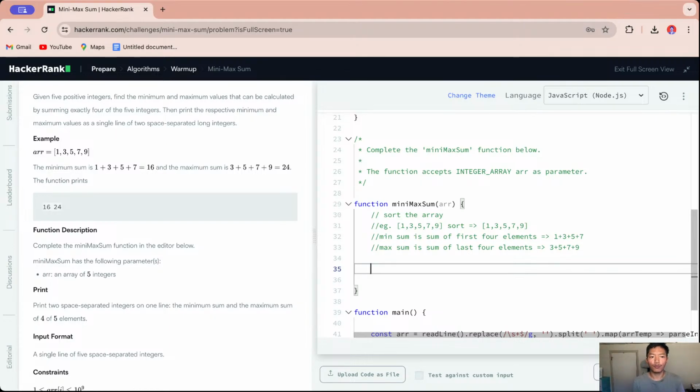That would be a brute force. I think sorting will be O of n log n, so that would be the brute force. I am pretty sure there are far better approaches, but I want to try this first and then work up from there. So let's do const